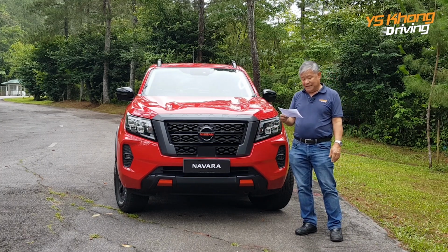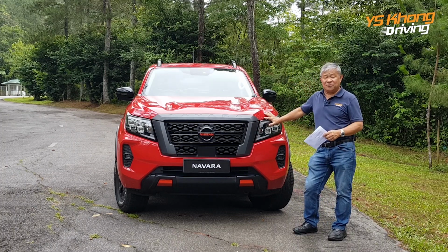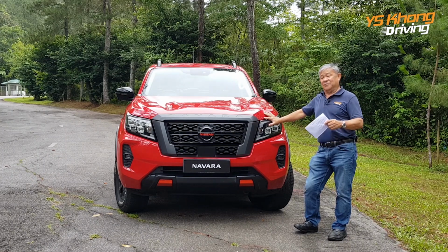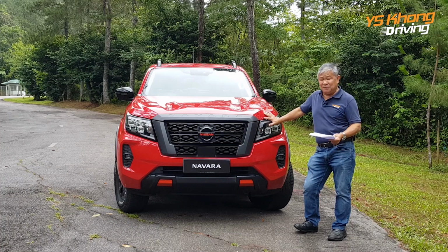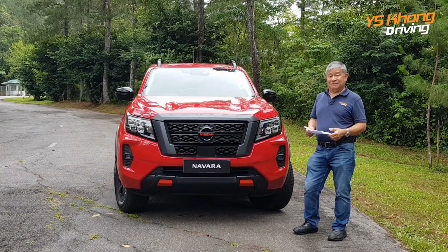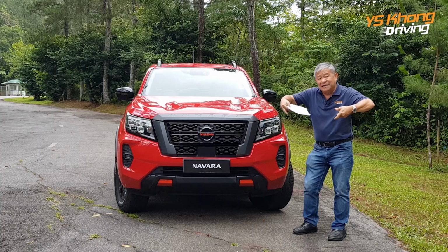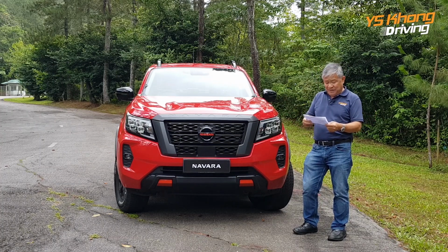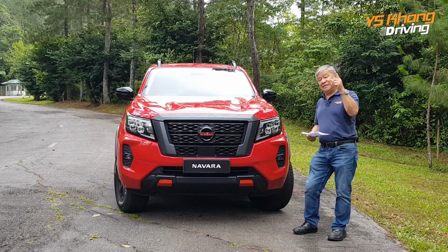Yeah, and it also has high beam assist and an electronic rear locking differential. So when you're going through mud and you find problem with traction, by engaging this electronic differential lock, it locks the two wheels together and makes them turn at the same speed, so that will help you get out of trouble. And on top of that, it has a brake LSD,